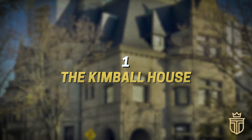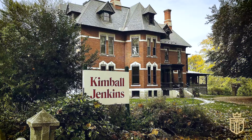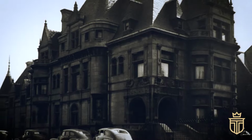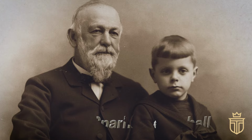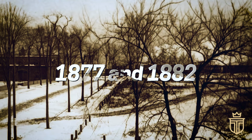Number 1. The Kimball House. Nestled along Concord's prestigious Millionaires Row, the Kimball Jenkins estate emerges as a crowning jewel of 19th-century architectural splendor. Commissioned by Samuel Sparhawk Kimball and brought to life by Worcester-based firm Cutting and Holman between 1877 and 1882, this